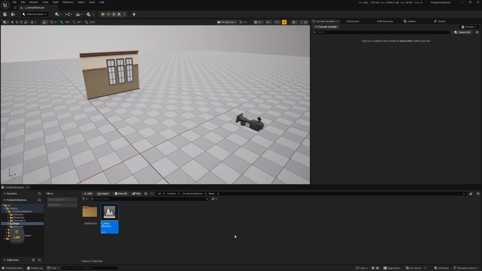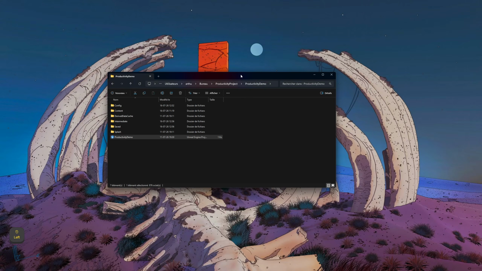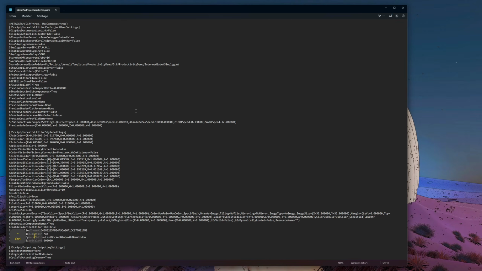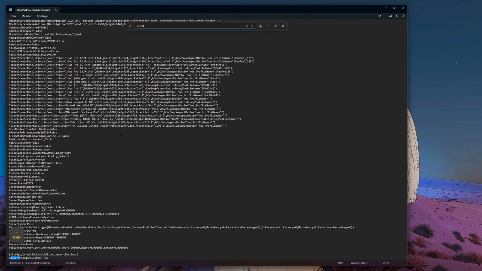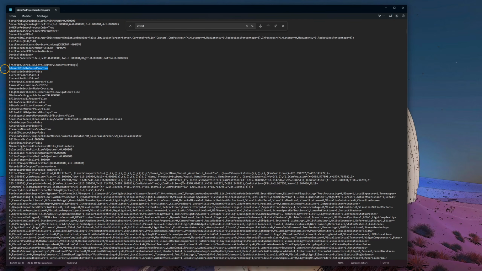However, you won't find it in the default engine or default editor. Instead, it is stored in the editor per project user settings, located in Saved, Config, Windows Editor. The reason is, Epic considers this to be a user-specific preference. Multiple people can work on the same project, and you probably don't want to change the way the editor works